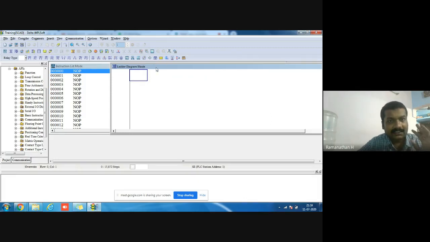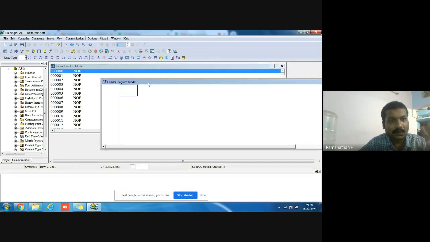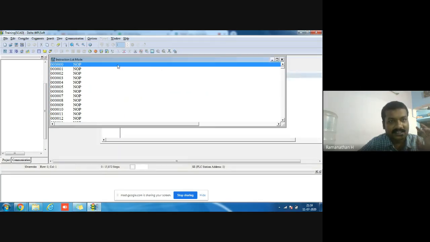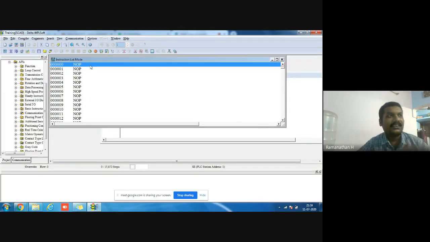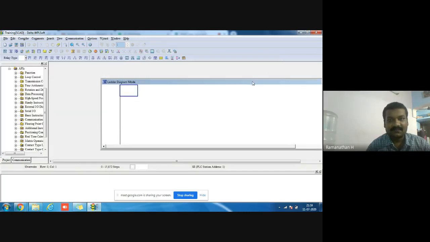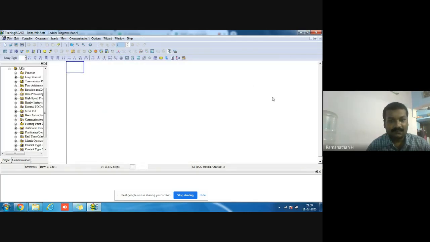This software and this PLC allow only two languages: instruction list and ladder diagram. Instruction list is what you normally see in the microprocessor lab: move, jump, clear, that type of instructions. I won't go into instruction list because it's not used in the current trend, and it would make the session boring. So I just close it. We move to the ladder diagram. Just double click to expand it.